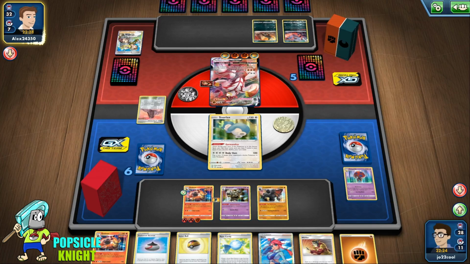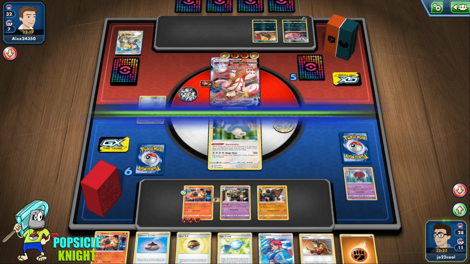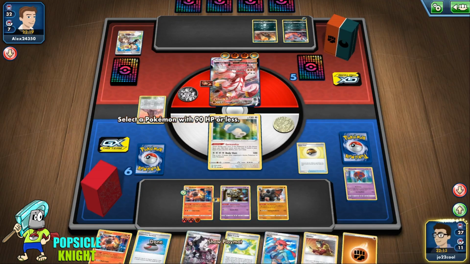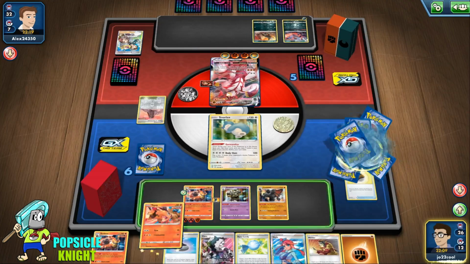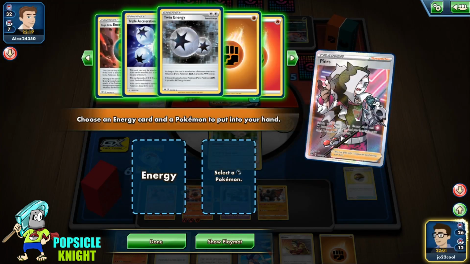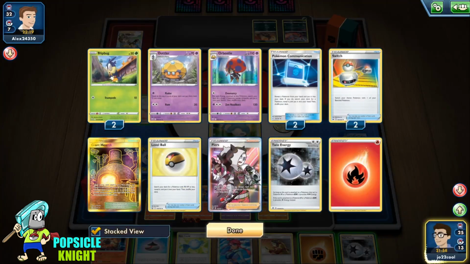So now they have a single strike Urshifu VMAX as well. So this is like a mirror match, but not really. So let's see who wins this battle. You know what I'm saying? Who is the stronger single strike Urshifu? So I'm going to go ahead and use Level Ball to get our Tepig. Let's just get Twin Energy for now. I'm thinking of...